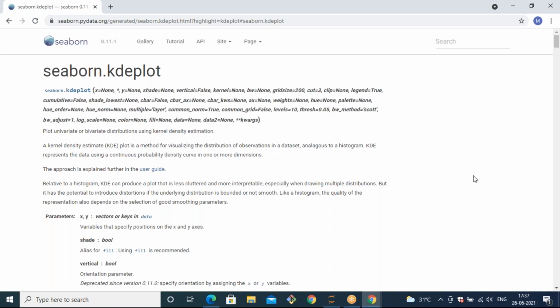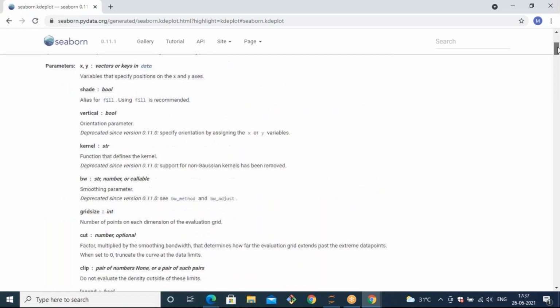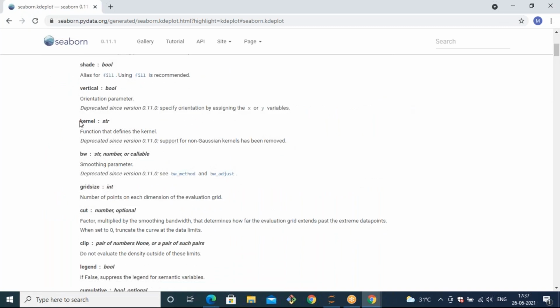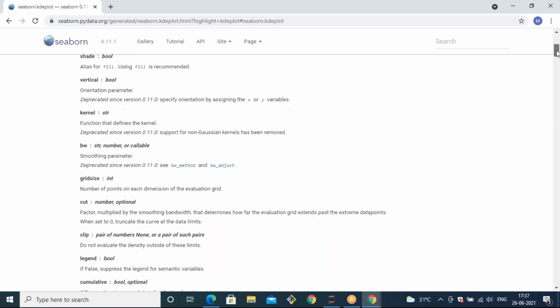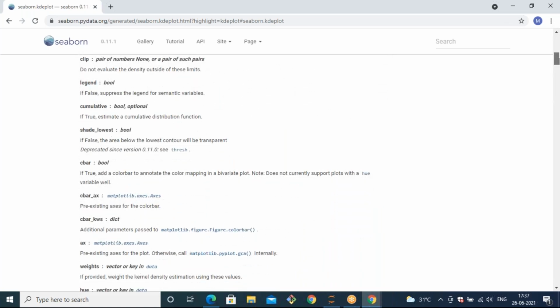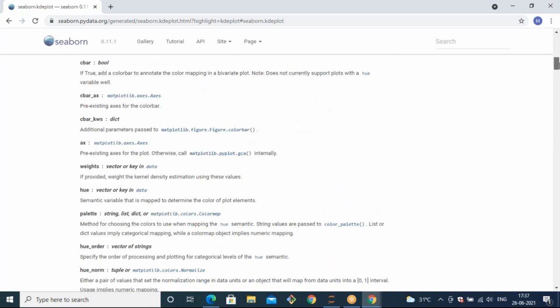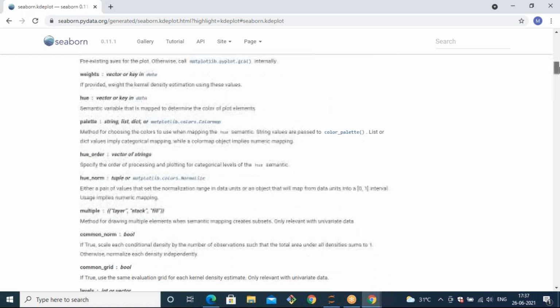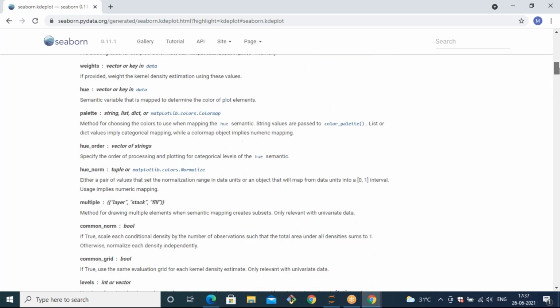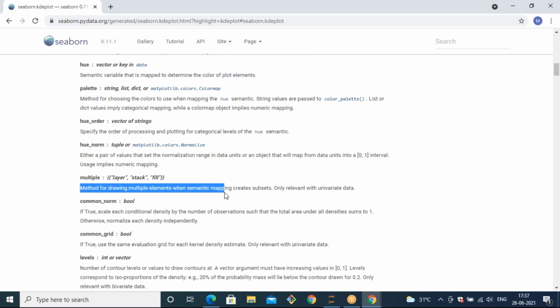Here at the bottom you can see the supported parameters: x and y, data, and kernel, which is a str. It will take one parameter, that is kernel, and by default this kernel is in str format. You can see the supported kernel parameters, and legend also, hue, palette, and multiple, the method for drawing multiple elements when some semantic mapping creates subsets.